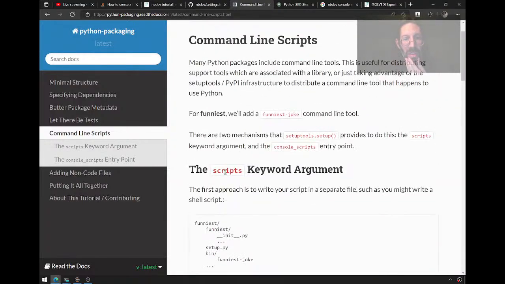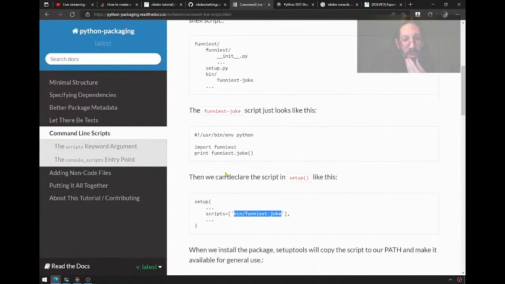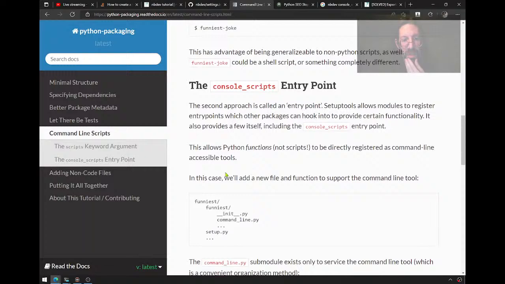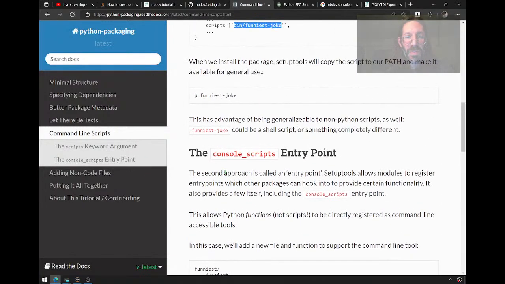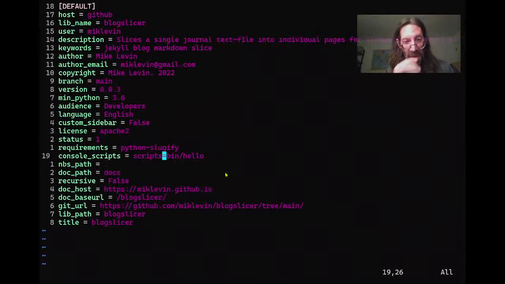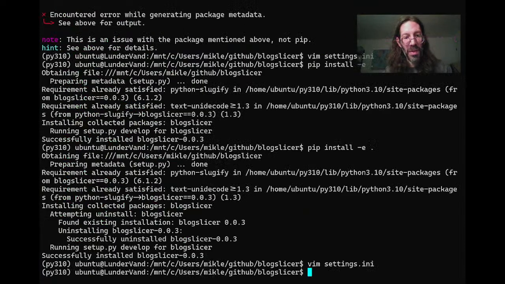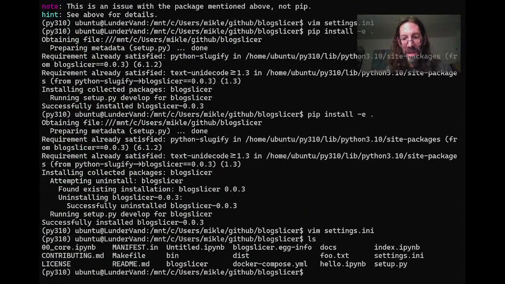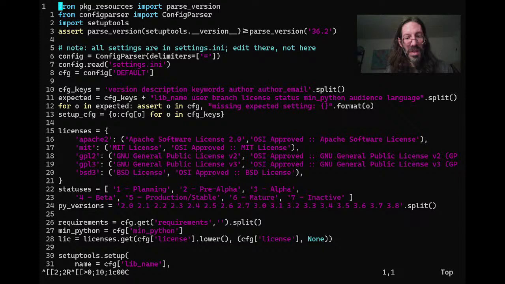No, they're not giving an example of the setup.ini. They're just assuming you know how to do it from other pages. So I will rely on nbdev for that step and use the nbdev syntax. There might be a setup.py that's being generated in here. So I'm going to save that because it's the closest thing to what I think is going to work. And I'm going to look in here and I am going to vim the setup.py that is auto-generated and see